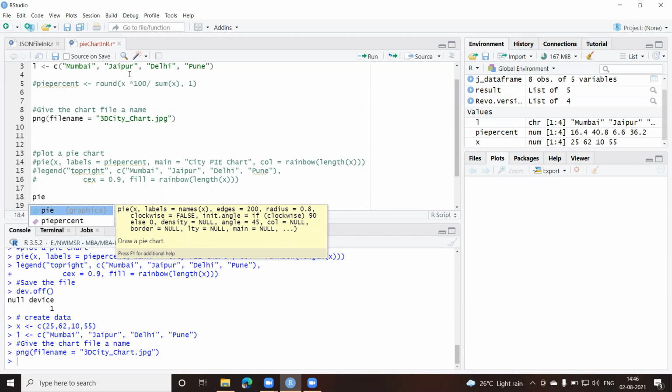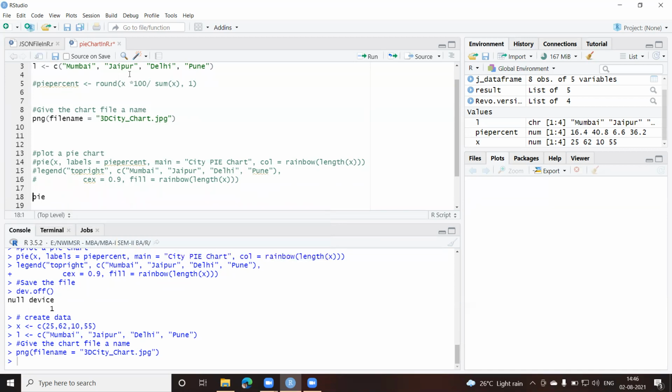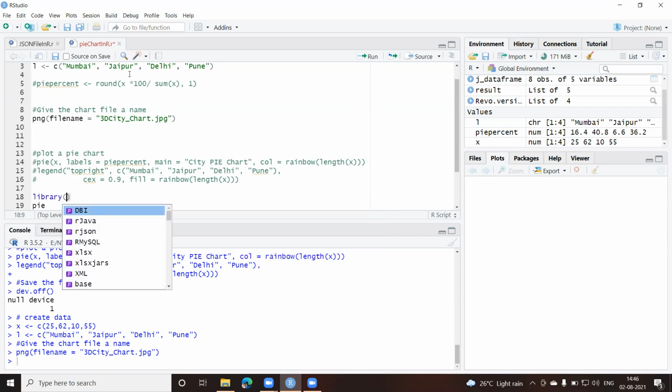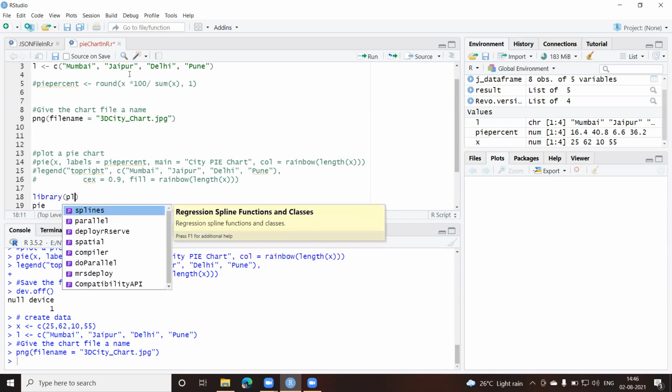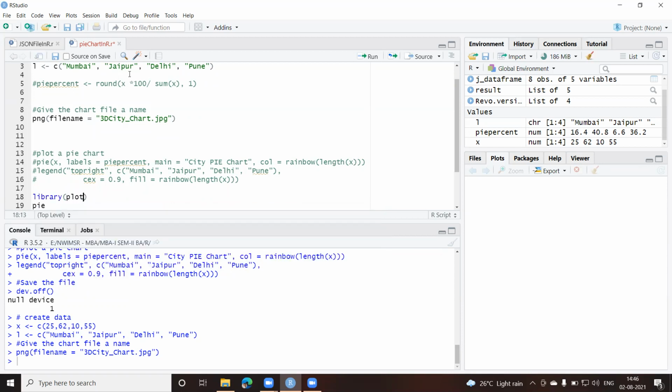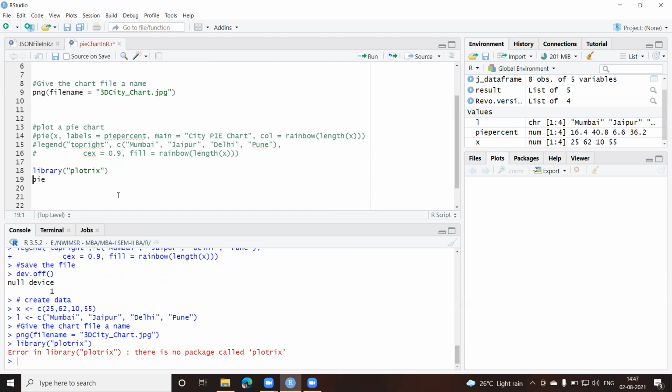The name of the package which I need here is, let us say, library plotrix. Let us see whether it is there. If it is not there, then we need to install it.